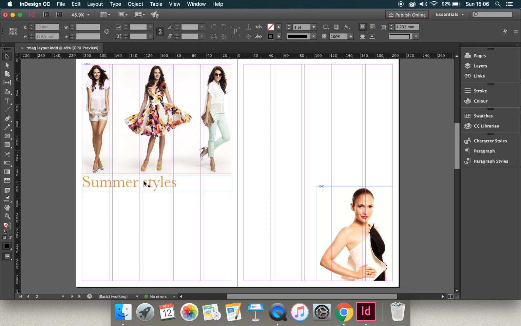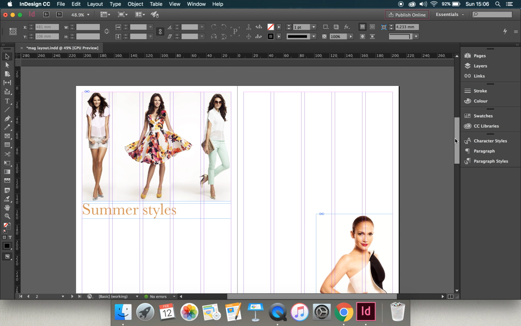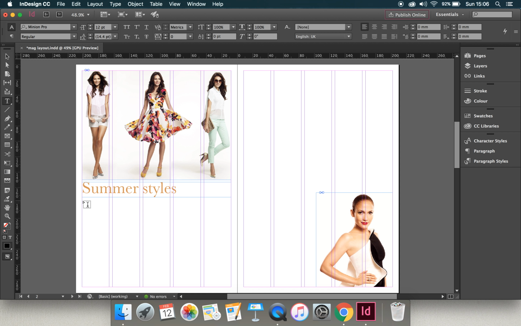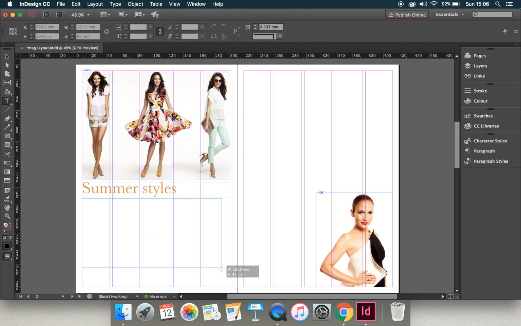So these are headline styles, and the copy that the feature comprises is body copy. There's an intro and then the rest of the feature, which is body copy. So in order to get some text on the page, I'm firstly going to draw a text box here,